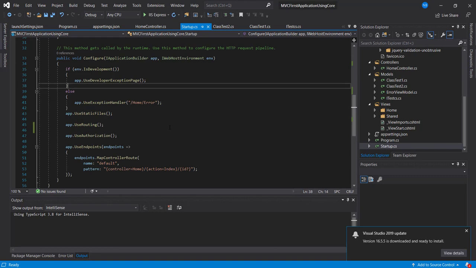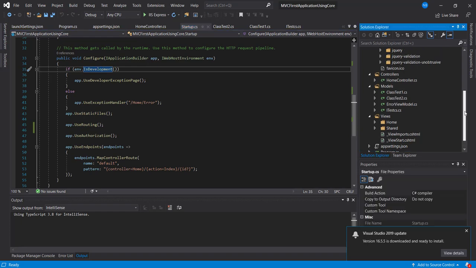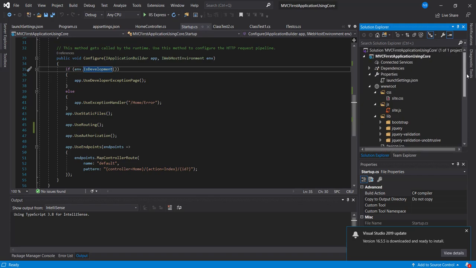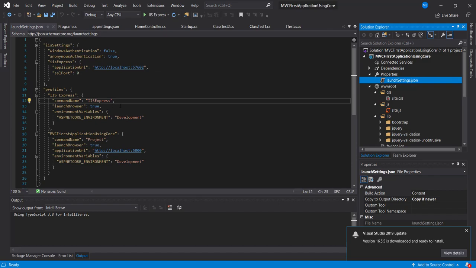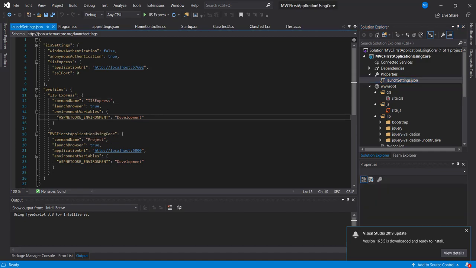And apart from that, there is something called environment variables. We will store these environment variables in the launchSettings.json. These will store the application-specific environment variables, like what kind of application needs to be used, whether it has to be IIS Express or a command name project or something like that. Apart from that, it also mentions in which environment this project is being run, whether it is the production environment, the staging environment, or development. That kind of configuration you can do. Currently, by default, ASP.NET Core will mention the environment as development.